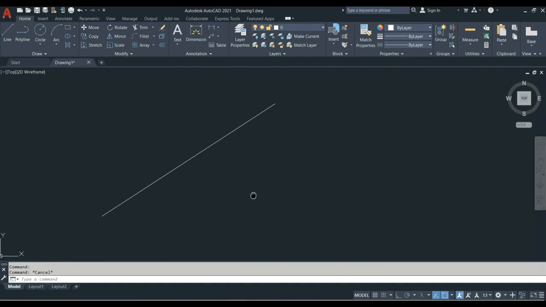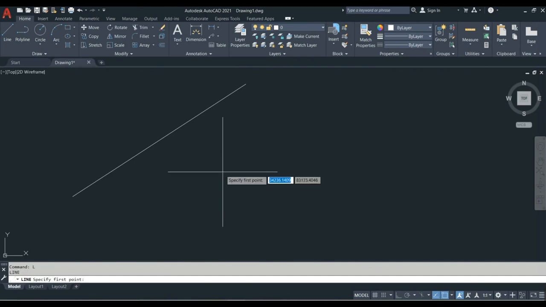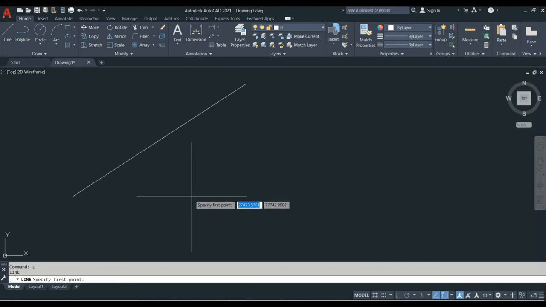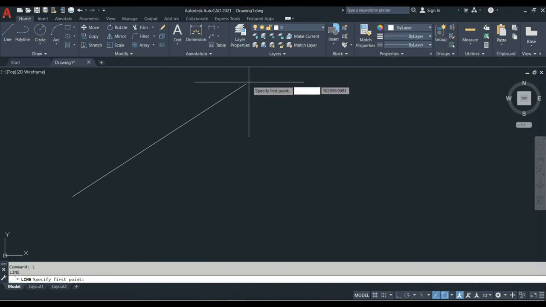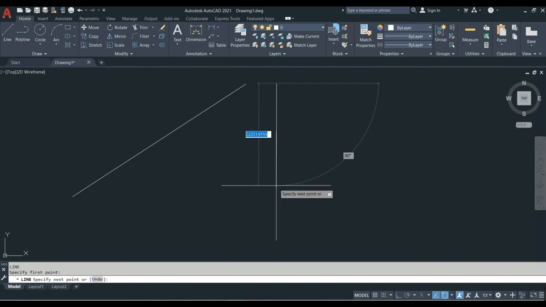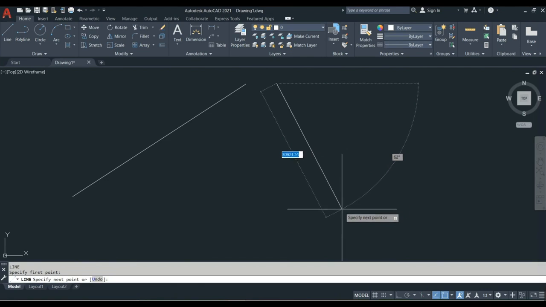Now let's make another line with the help of the line command. The command is L, Enter. Again, similar to the first technique that we did, we have to specify our first point here. So let's make it this, and now specify the second point.